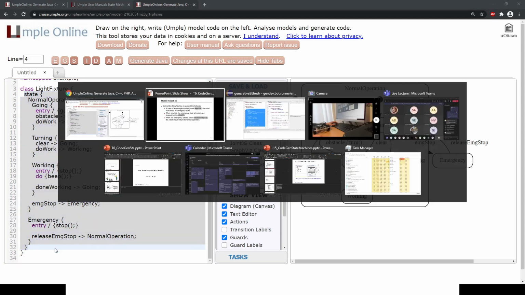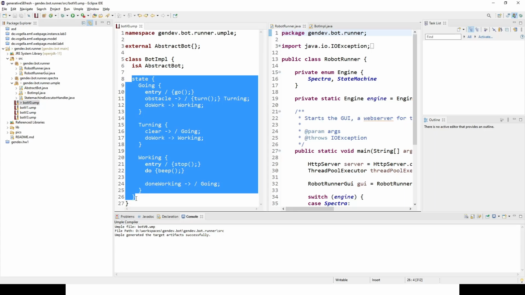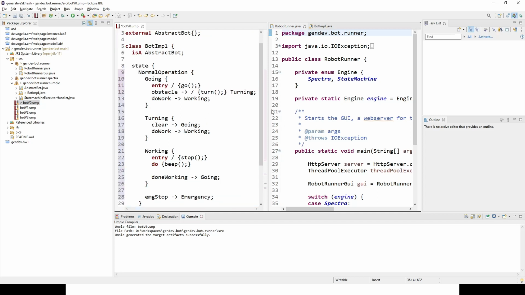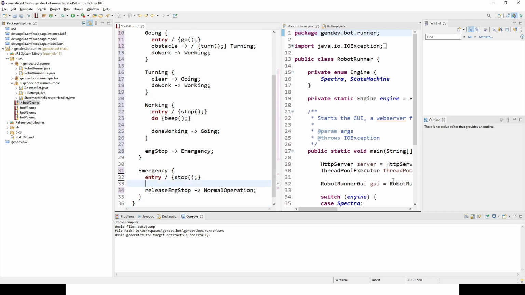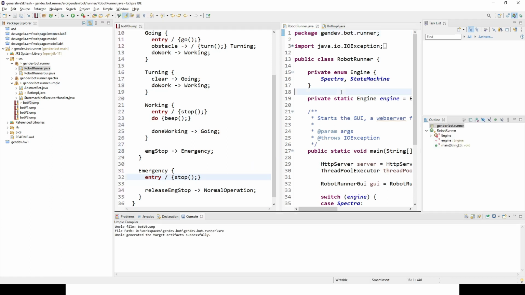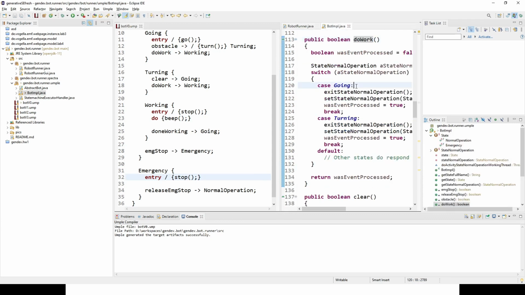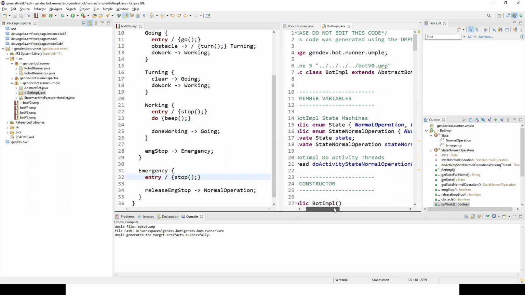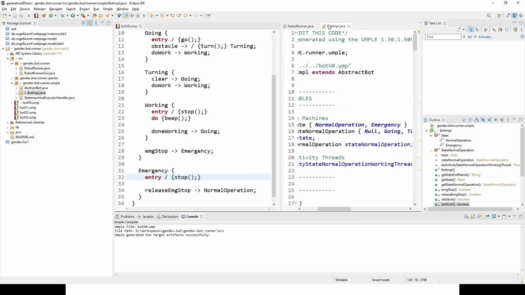So I'm going to copy this state machine to our IDE. Now it's a little bit larger, but I think it's still fine. We have this emergency state. Okay, so let's see if we can generate code. Looks like code generation worked, and now what we should see in the implementation, so the generated code, we should see these hierarchical states, and